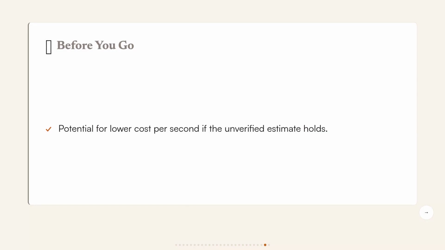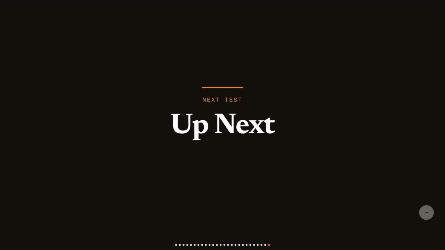If you're budgeting a real production run against Kling, that's not a small gap to guess wrong on. Get a live quote before you commit. A resolution or audio toggle you barely notice could be the difference between what you planned for and what you actually pay. Now that Seedance won this one, the real question is how it holds up against OpenAI's own model